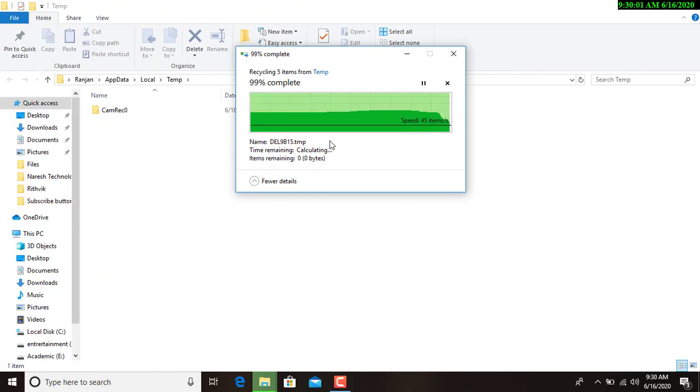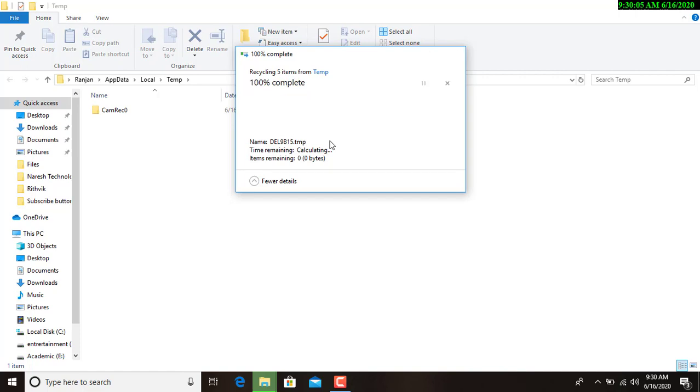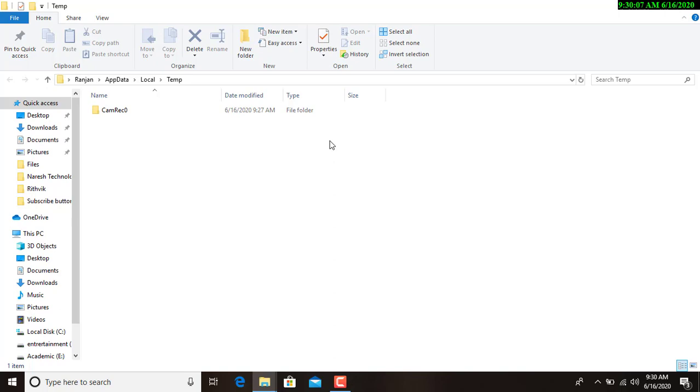Again, don't worry about deleting these files. These are just temporary files. There is no use of such files in your computer, so you don't need to worry about that one. The third part,